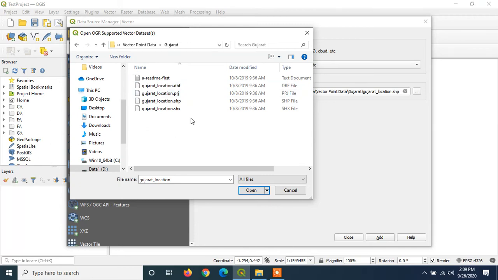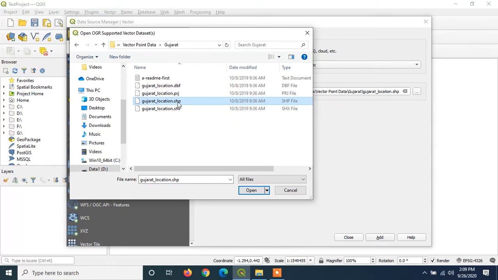Now when you add vector data point, remember that you have to select the .shp file, which is a shape file. These three files, PRJ, DBF and SHX, are supporting files which are created when you create any new vector data layer.